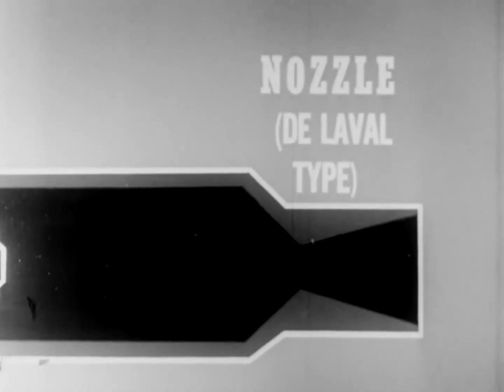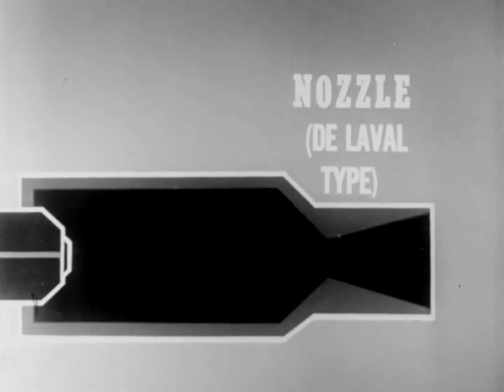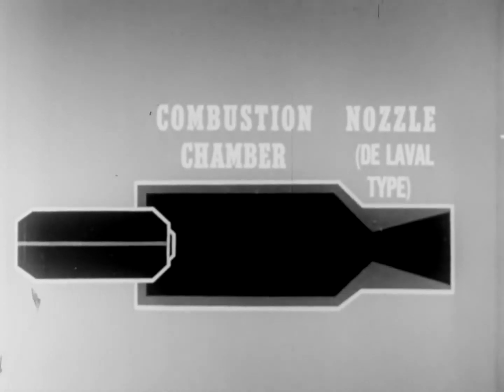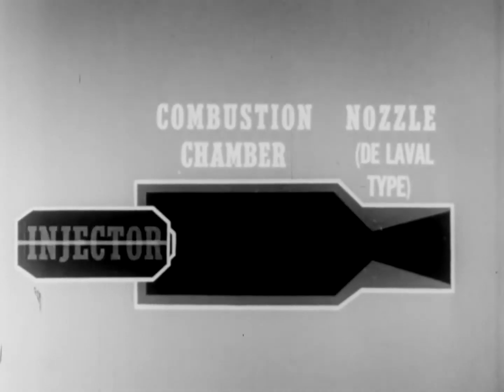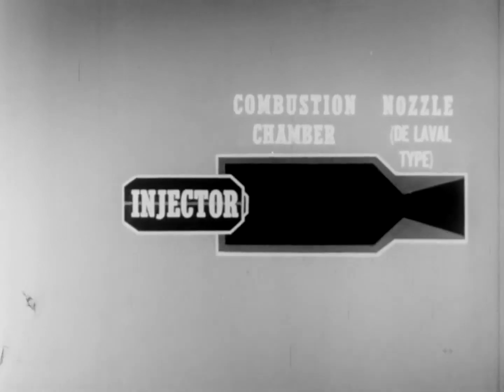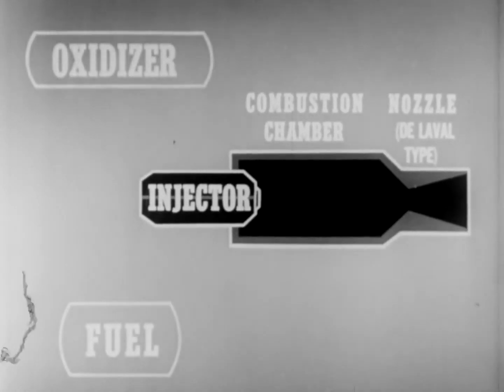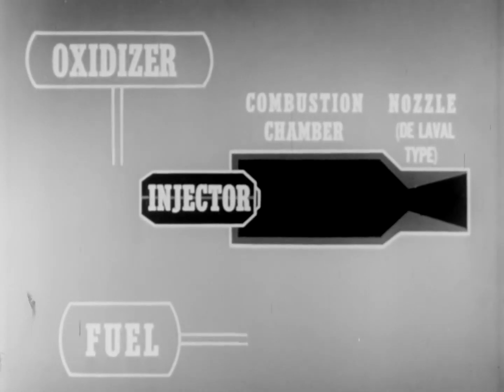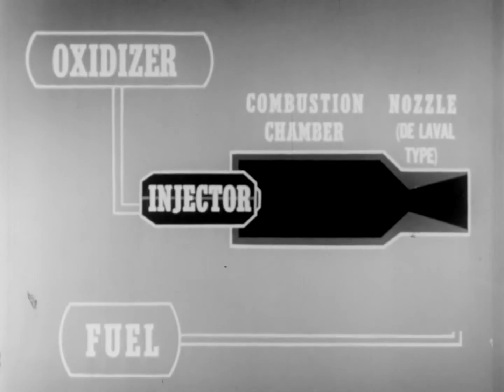The nozzle is identical with the one used in solid motors. The combustion chamber may be smaller, since it doesn't have to store propellant. The injector sprays the two propellants into the combustion chamber. Fuel and oxidizer must be kept apart until they meet in the combustion chamber, so there are two propellant tanks. These are connected to the combustion chamber by a feed system,